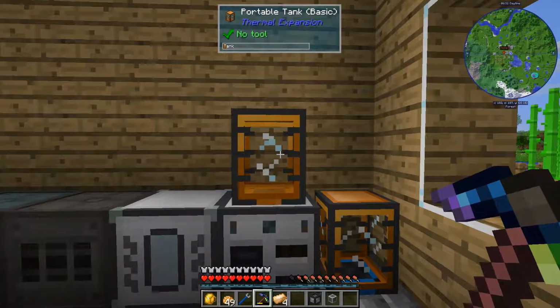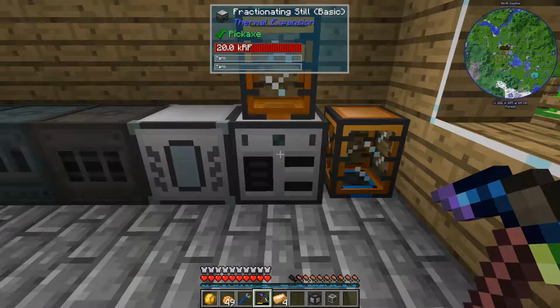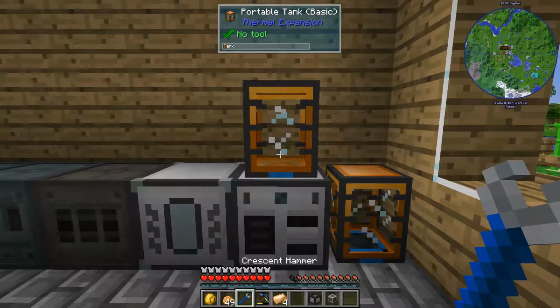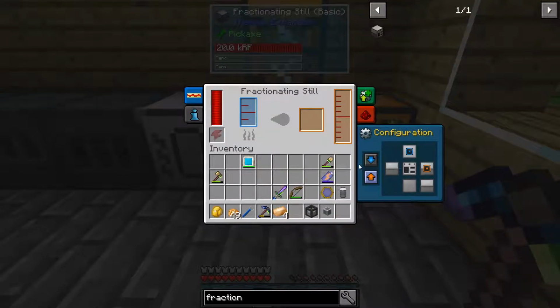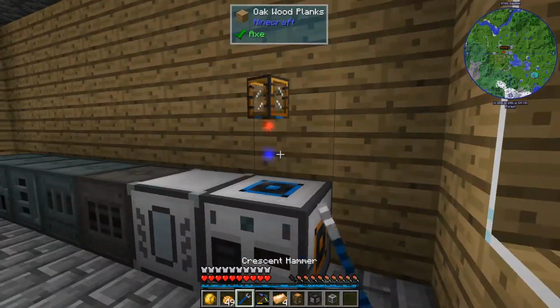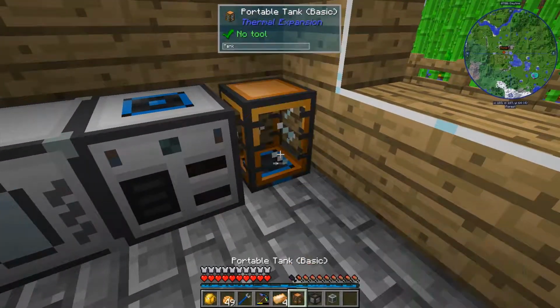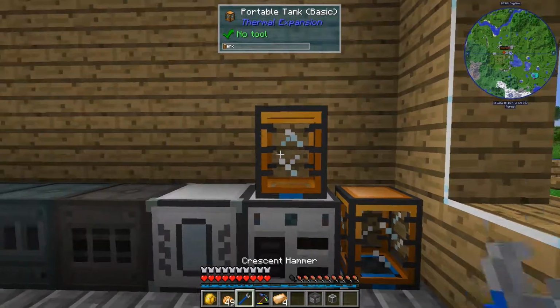So, alright. I've got the wrong input. There we go. There's input. And output should be over there. Why is it not pulling in the input? You are the input. You are empty, which means you are...